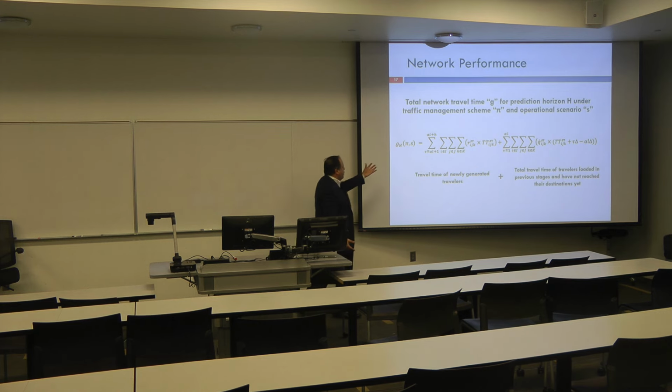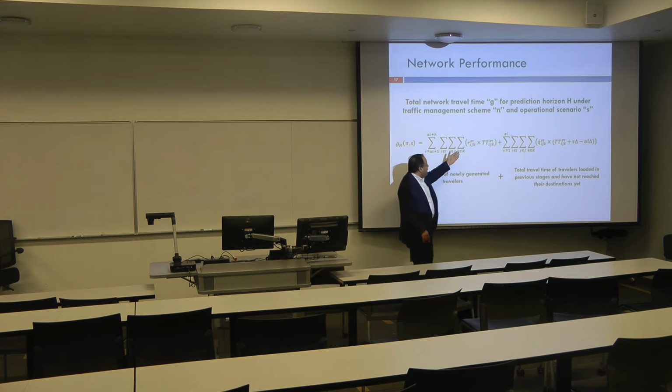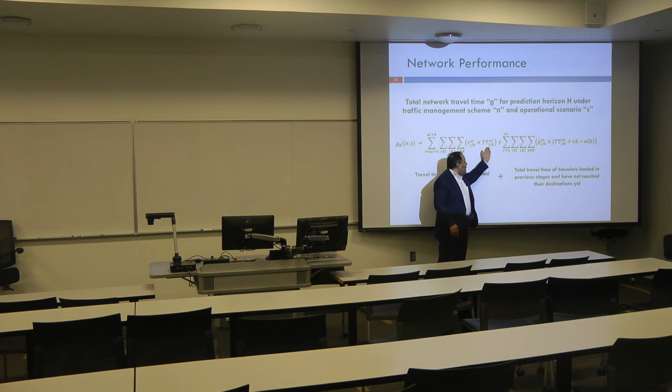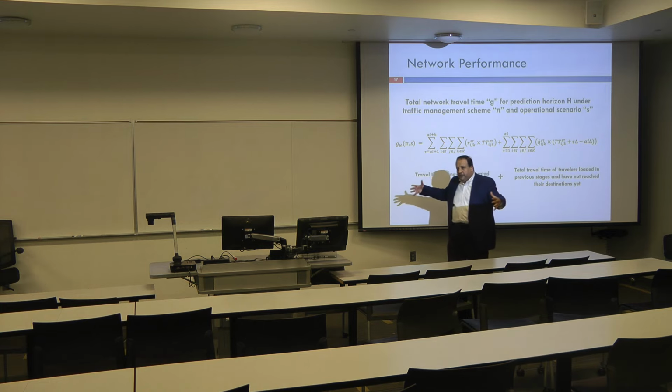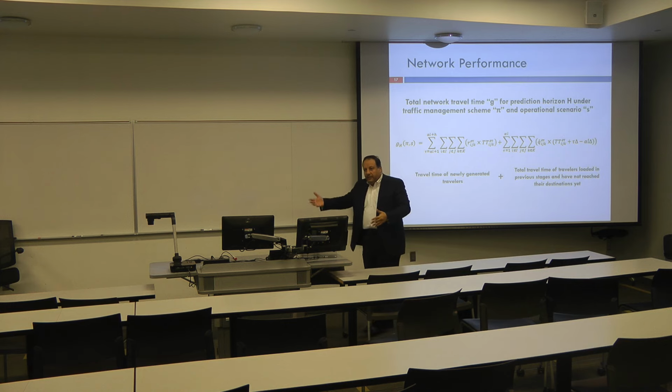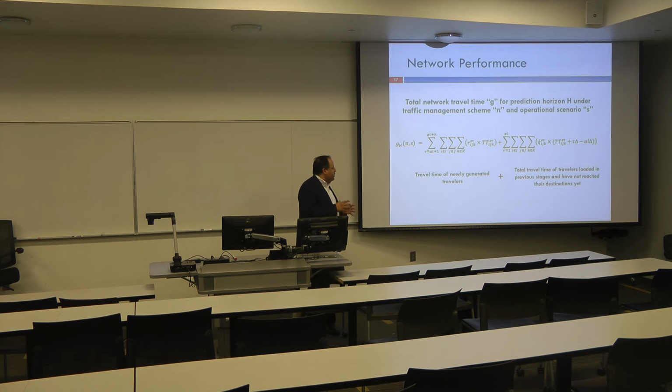So if I want to get the performance of the network during this horizon edge, I call it G. So G is the performance of the network for the horizon edge, assuming that I have BI as the operation scheme, the traffic management scheme that I'm implementing, and also I have an operation scenario S. So for this combination, what is the performance of the network? I know the traffic volume, I know the travel time. So my performance function here is the total travel time in the network for travelers continuing their trips and for the new travelers that are loading. So this is my G that I'm trying to optimize.